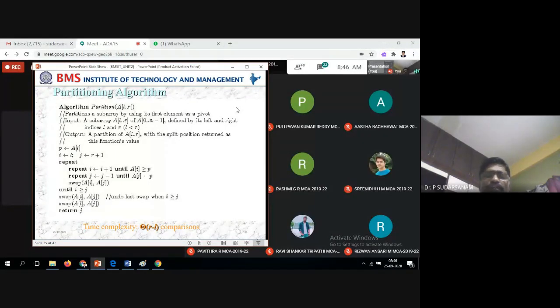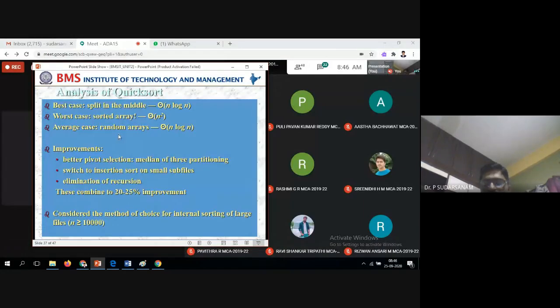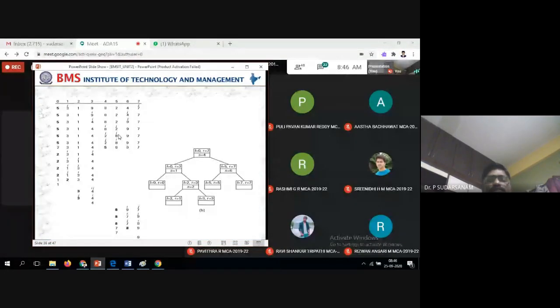Now how to write the code, I'll tell you. So now the same example, yesterday we have done this. The same example only we have done, and you have copied it, and the quicksort algorithm. Left value, I have not shown yesterday because of the lack of time. Now right is equal to 7, s is equal to 4. We got it. How you got it, I'll tell you that.